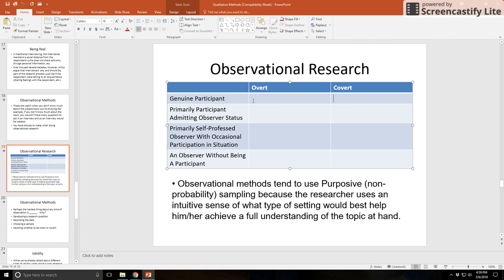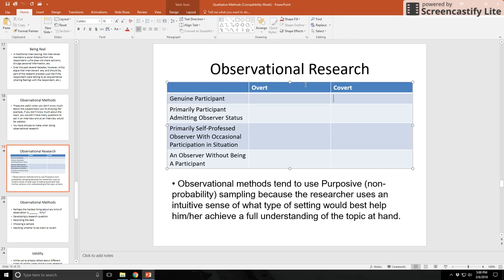Let me give an example. Commonly, I've seen or read of research where you want to study why people join religious cults. They're often right in this cell right here. They pretend to be a new convert to the movement, but they don't tell people that they're studying them. So is that ethical? Well, I've heard people argue yes. I've heard people argue no. Yes, because you're lying to people. No, it is not unethical because you're really seeing how things happen and the way they happen. So it's your call.